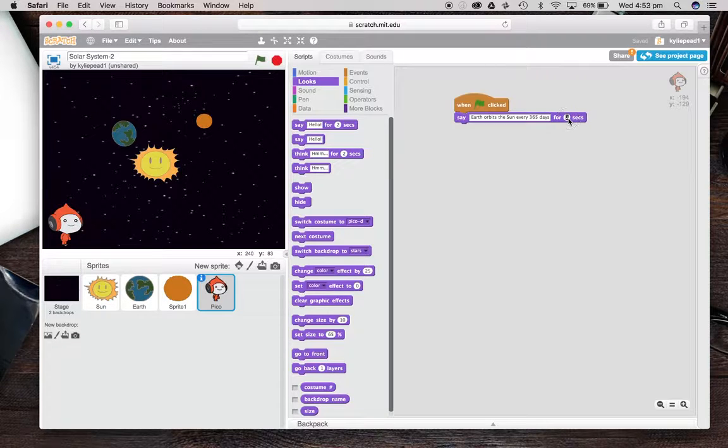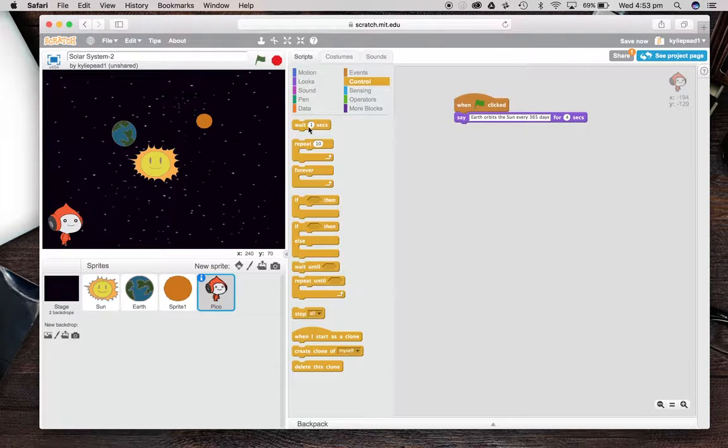And just check how long you've got it to make sure that the person that's looking at it can actually read it. And at the moment, as soon as I click the green button, it's going to say that message, but I'm actually going to make it wait for about